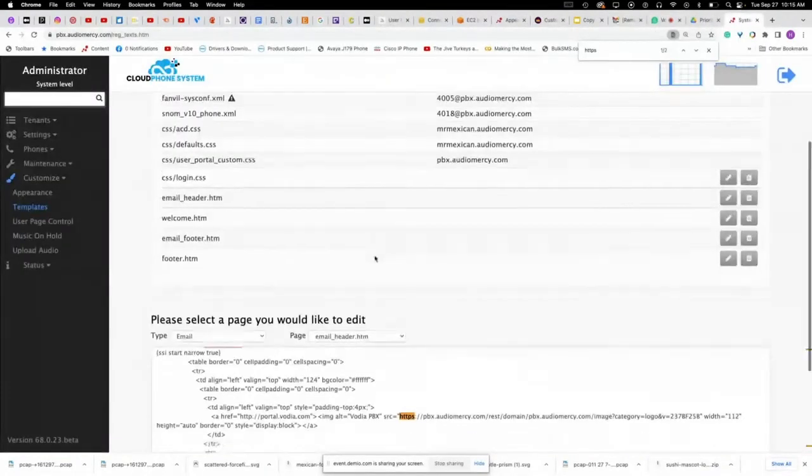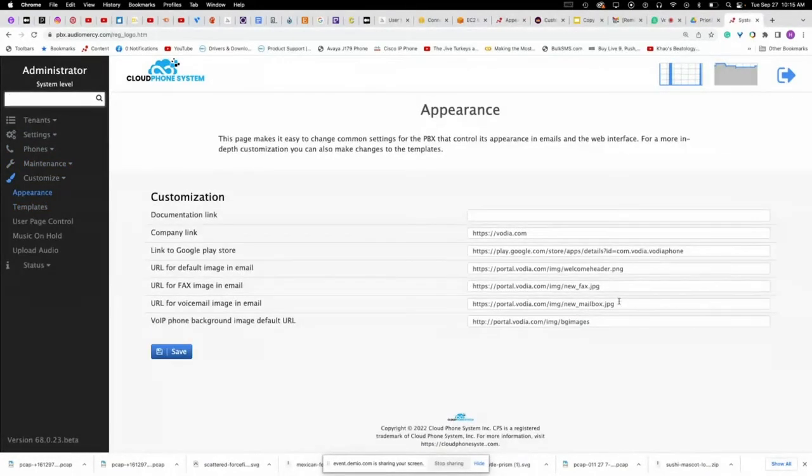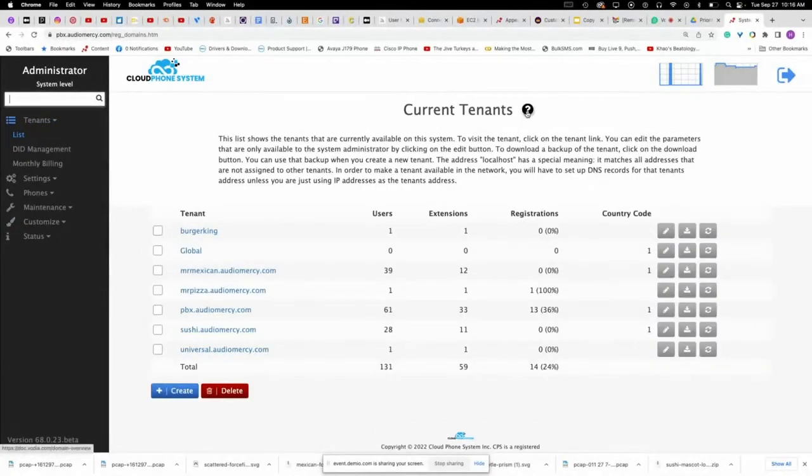Let's go back here, appearance. And same thing for this and for the VoIP phone background image directory URL. We can also send this out through here too. So if you have an image, this will be used throughout the system. So let's say you're not housing logos for everybody, and you just want to show, for example, your cloud phone system logo, then that's what you can do. And then documentation links can go to your site. So anything you see here, like this question mark, will go to your website,